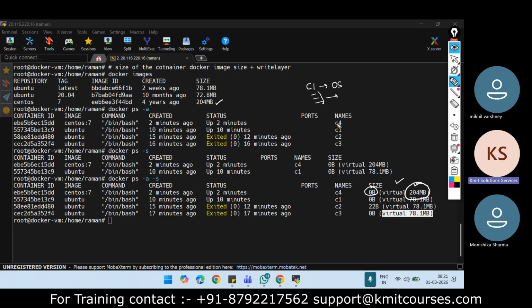For example, if you are running 10 containers of 200 MB each, it needs 2000 MB, which means 2 GB of space. So you need to have that much free space on your system. This is how we can find the size of the container, and this is important when you are working as a DevOps engineer, because you need to know how much resource